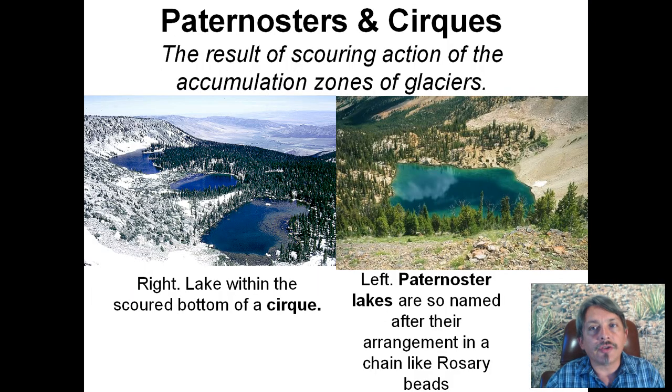Let's look at paternosters and cirques. In this cirque right here, you have a tarn, which is a lake, because the glacier, when it formed, carved out a basin-like shape and left behind all of its gravels when the climate changed and the glacier disappeared. Now it still snows in the mountains, and there are still accumulations of water in the gravels and sands of the lower part of the valley, which result in springs and accumulations of water